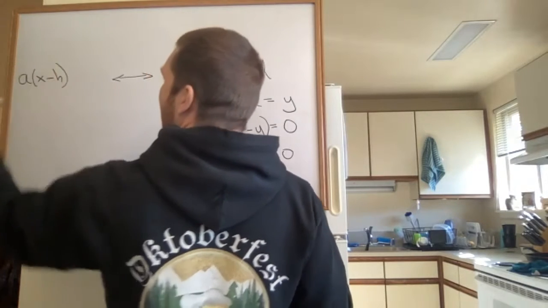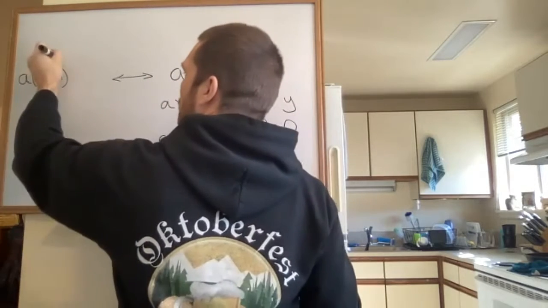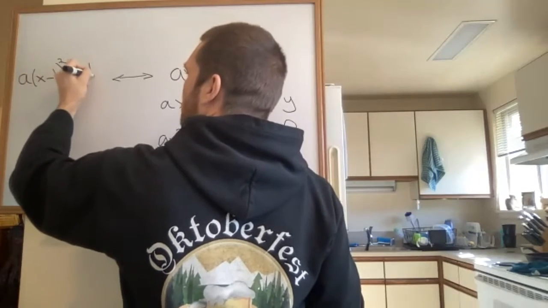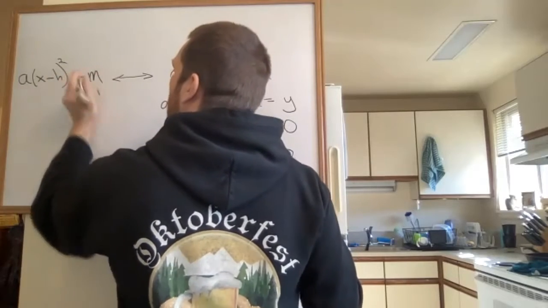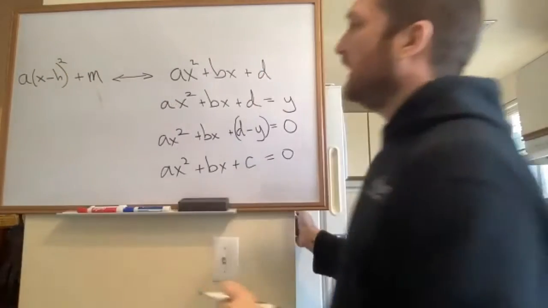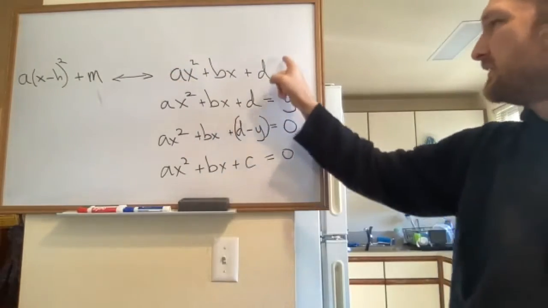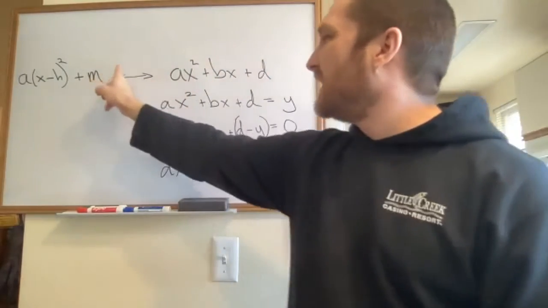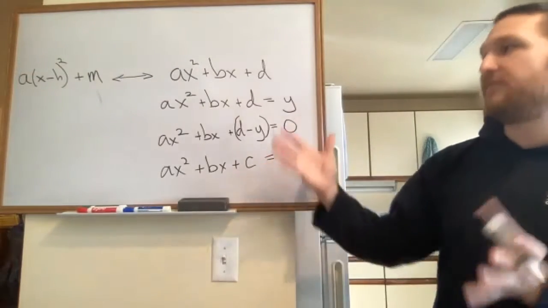I'm doing A times (x minus h) squared, that's an h, not a b, plus, let's call it M. If we can rewrite this guy to look like this guy, then, and now if we are talking about this kind of situation where we are trying to find what input value gives you a specific output value, then